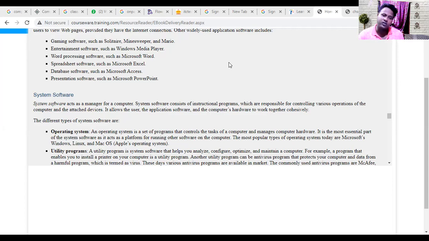Next, it provides a structure for accessing an application.